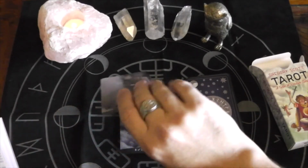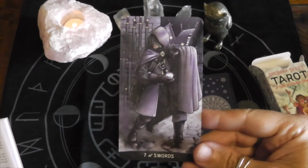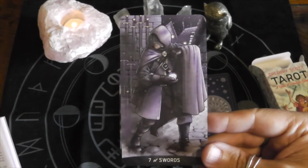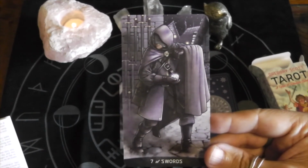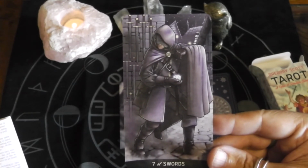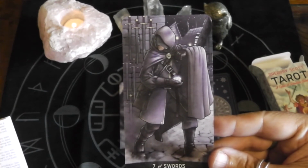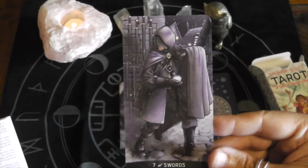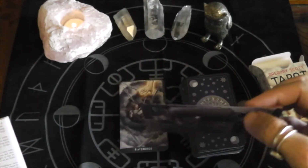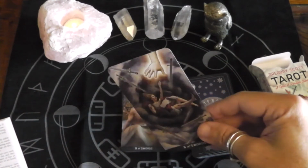This is a very interesting deck. It's not the typical tarot meaning for the most part. I mean, you still get a thief here in Seven of Swords, subterfuge. Gems are difficult to acquire if everyone can see how valuable they are. Sometimes one needs to act in the shadows, using cunning and deception to reach what is truly worth to reach. The language, I don't know if it was translated from Italian, but